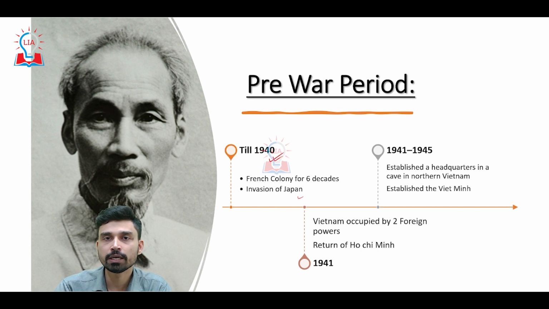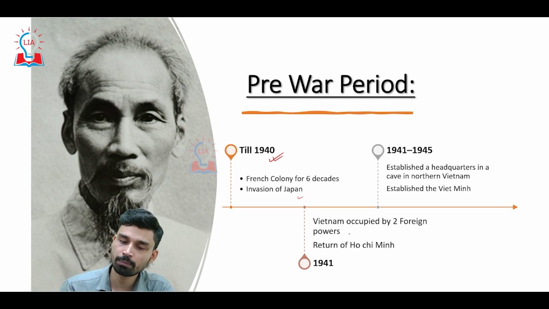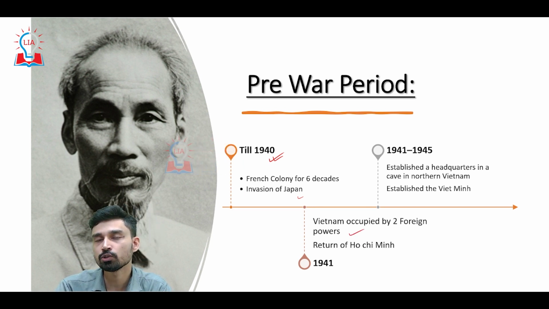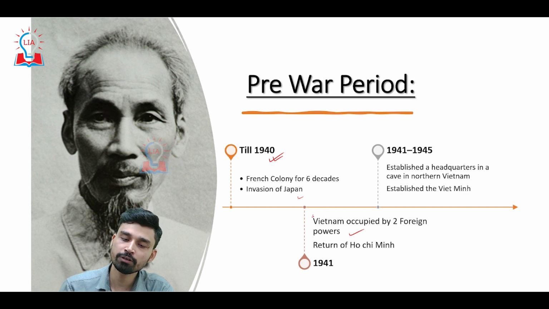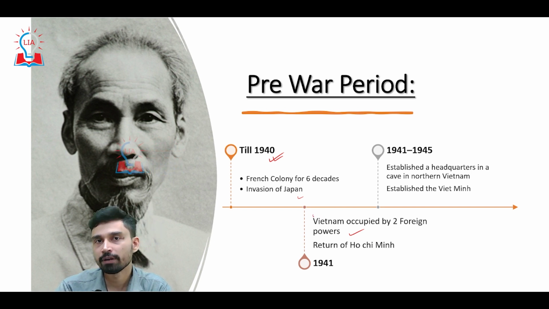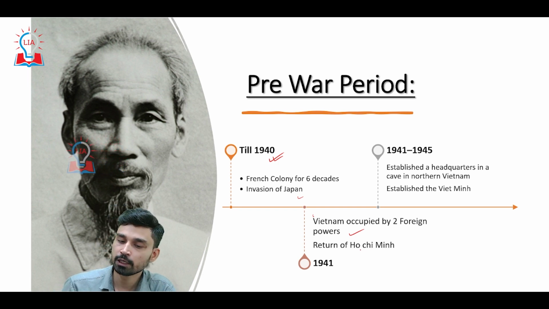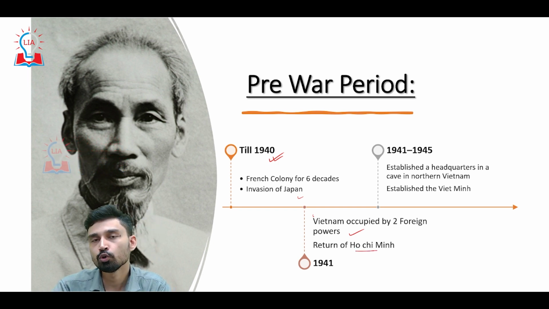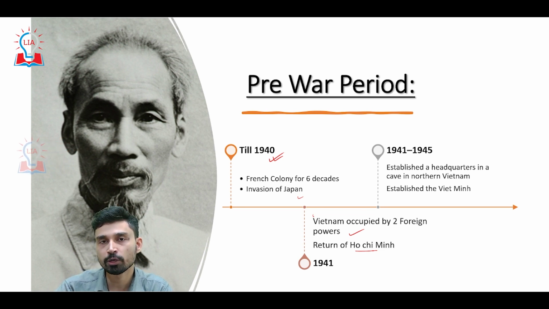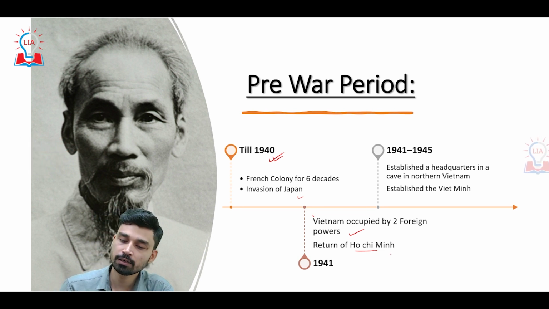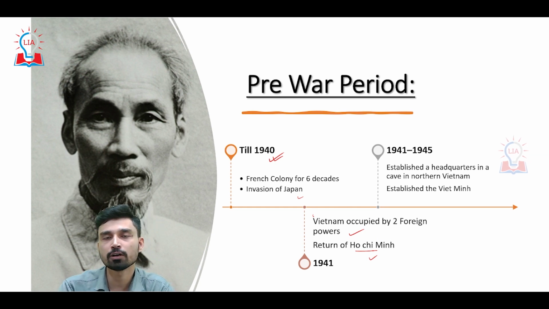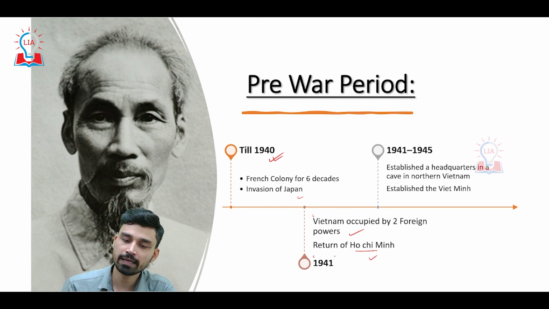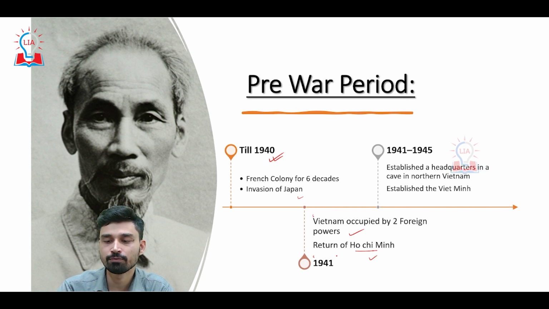So in 1940, Vietnam, which until now had been a French colony, now had two different foreign powers, and that situation lasted through 1941. A part of Vietnam was occupied by the French colonial government, and a part was occupied by the Japanese invasion forces. It was during this turbulent time that Ho Chi Minh, who was very influenced by communist ideologies, returned after years of traveling across the world, and began to fight against these invading forces.